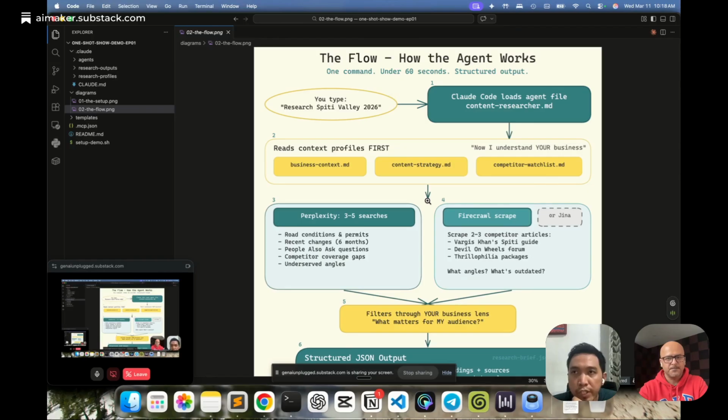So basically the rule is, whenever Perplexity runs research across web pages and finds certain competitors' posts or web pages, then Firecrawl will go there, scrape it and analyze it through these three lenses, right? Right. That's what is going to happen.